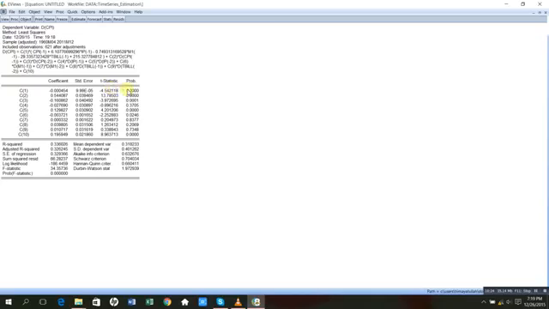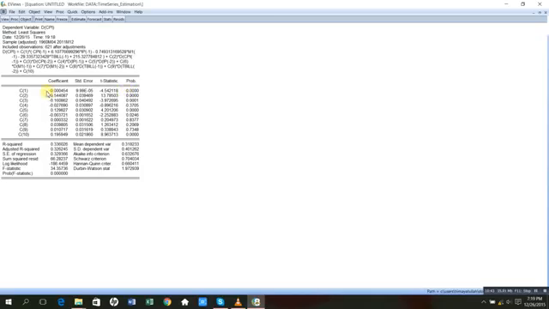And basically, this shows the speed of adjustment to the long run equilibrium relationship among these time series. It means that if there is any deviation from their long run equilibrium relationship, then